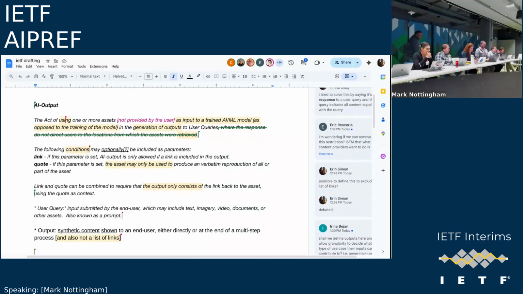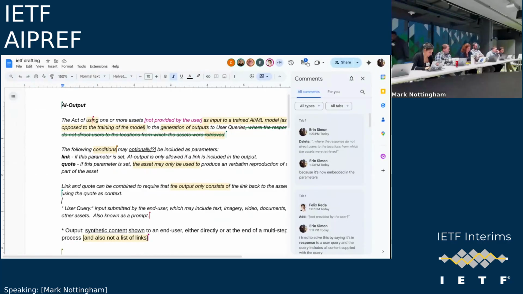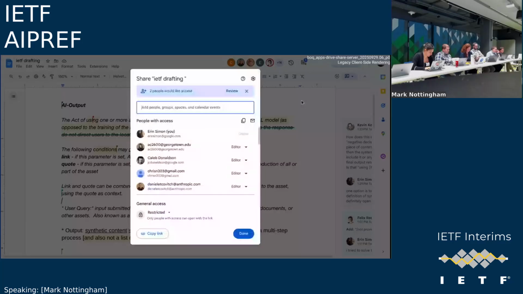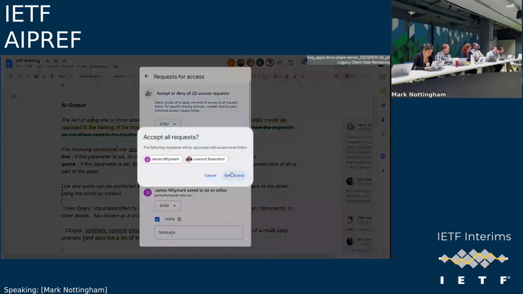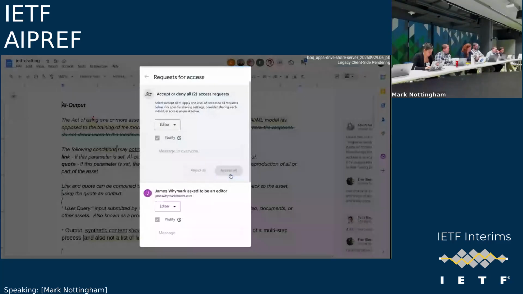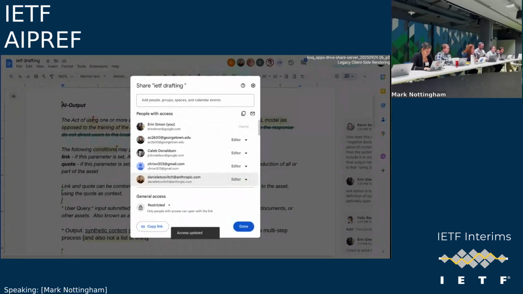So, thank you, Felix, Krishna, for clarifying. Of course, AI output needs to live in the broader context. I just had one little thing to say. I don't think robots.txt fully solves the concern I was putting forward, and I'm not too worried about search being impacted by an AI input type framing of this, as you could still carve out search with its own term, which has been proposed many times in this group.